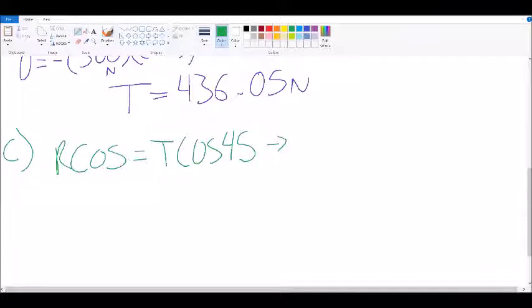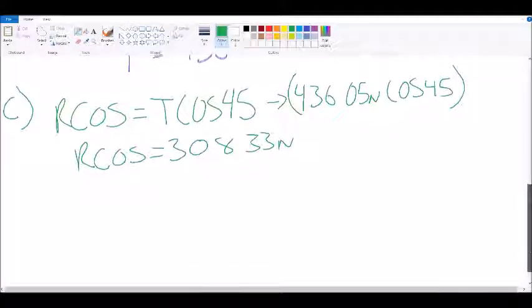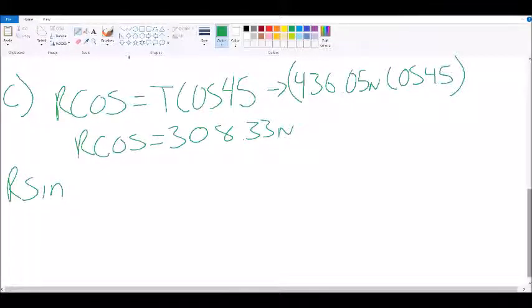So when you plug the tension in, it's going to look like 436.05 newtons times the cosine of 45. So this is what you're multiplying together, making our R cosine equal 308.33 newtons. So we solved for our cosine, now we have to solve for our sine. So if you do the same thing, once you do the same rearranging and solving for it, you're going to get